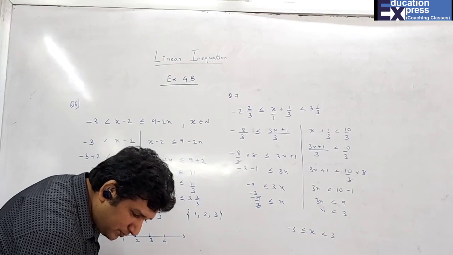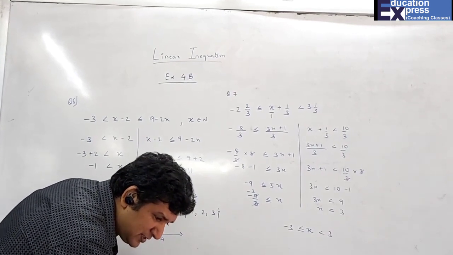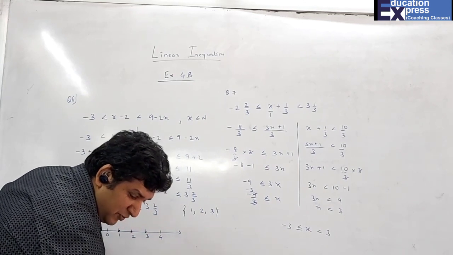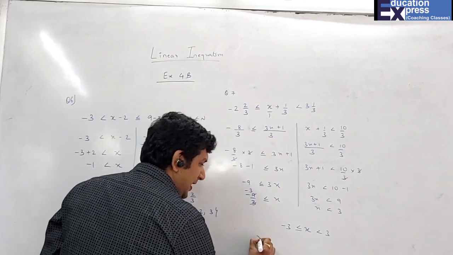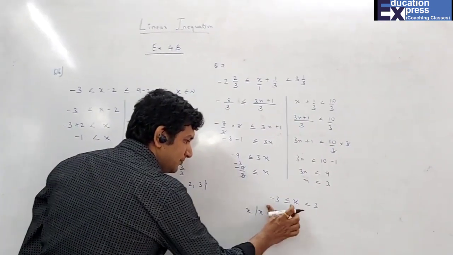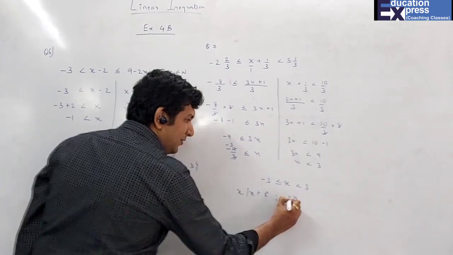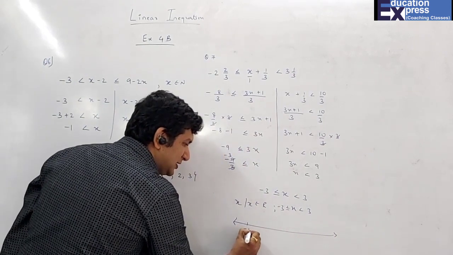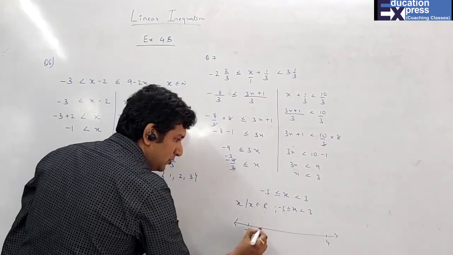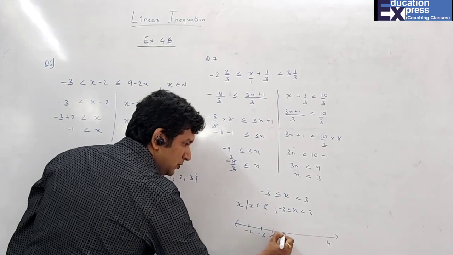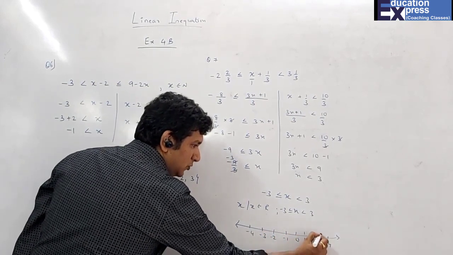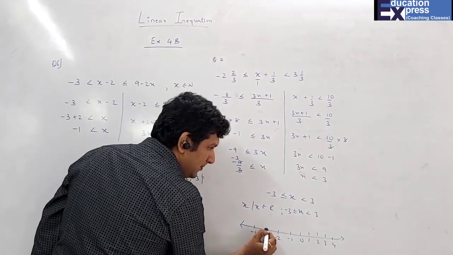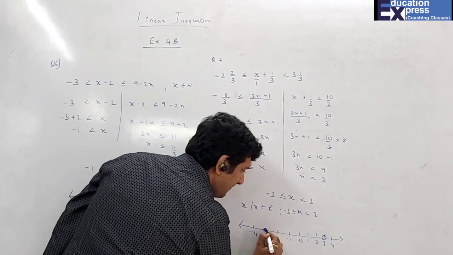Now what they have asked, which satisfies the graph, find the range of the value of x which satisfies, x belongs to real numbers. Limits are available on both sides, and the number line will be, I'll start with -4 and end at 4. So -3, -2, -1, 0, 1, 2, 3. Including is the solid circle, not included is the hollow circle.